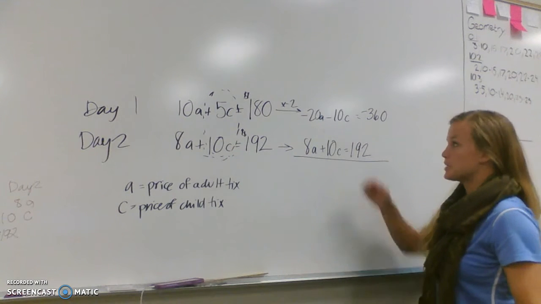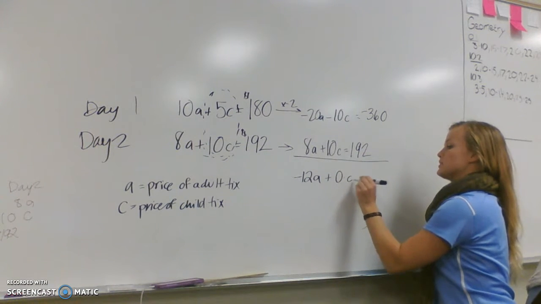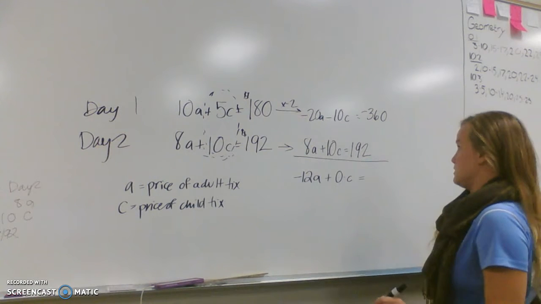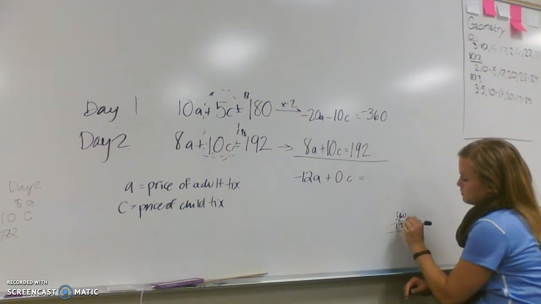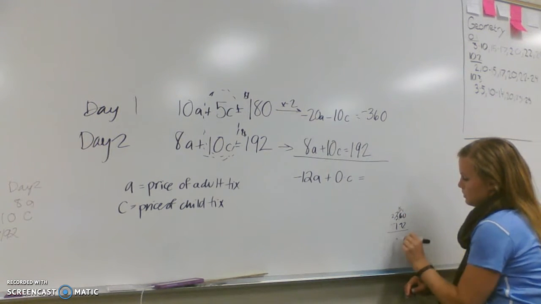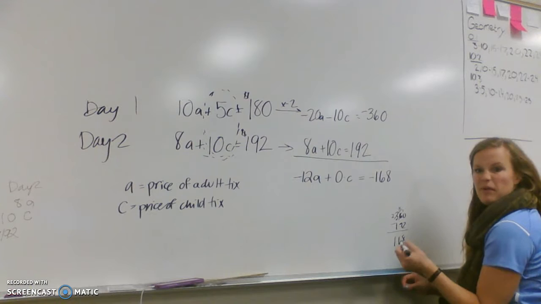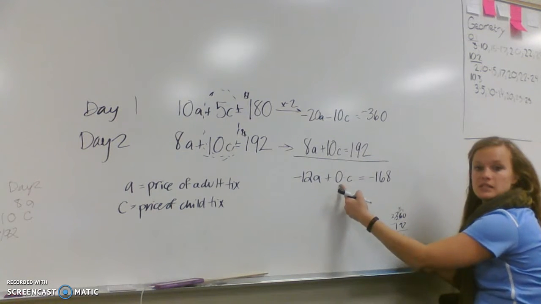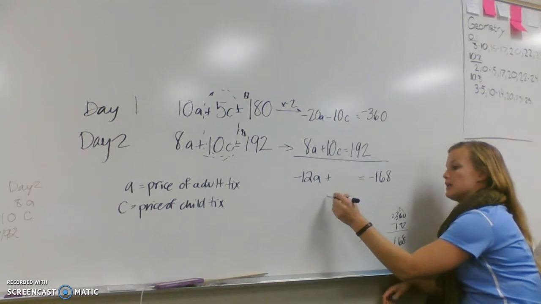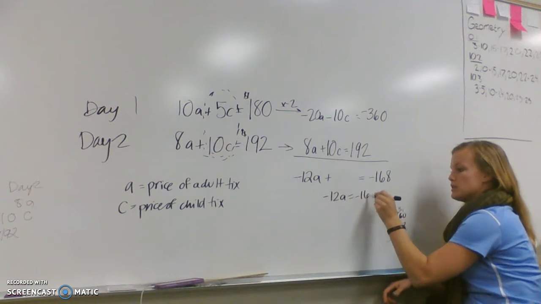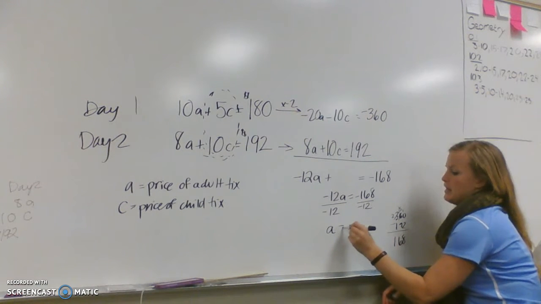Performing my elimination, -20 plus 8 is -12 times the adults, plus 0 times my children is -168. Check my math on that, I did it by hand. So since this is 0 times C, anything times 0 is 0. So I'm left with -12A equals -168. Divide by -12, divide by -12. I get A equals